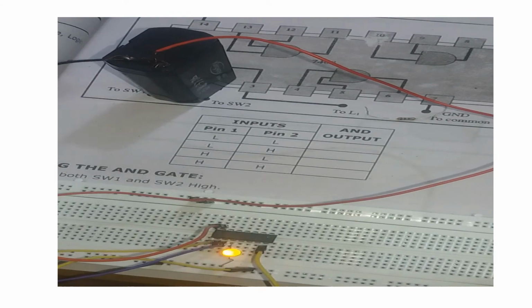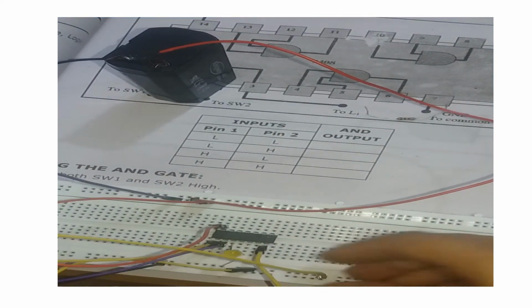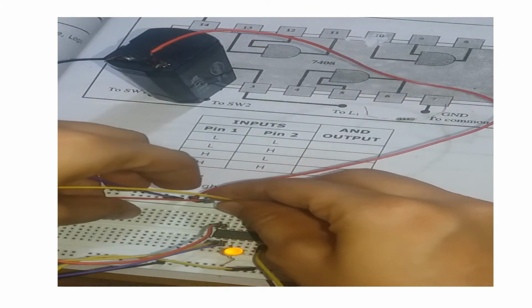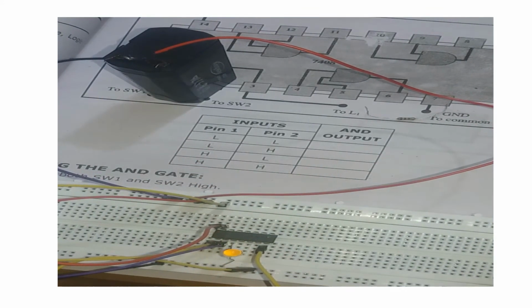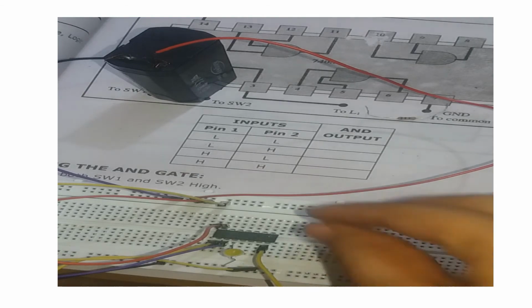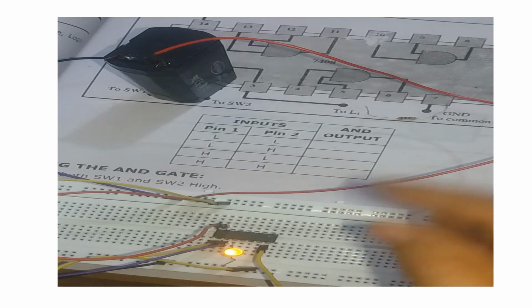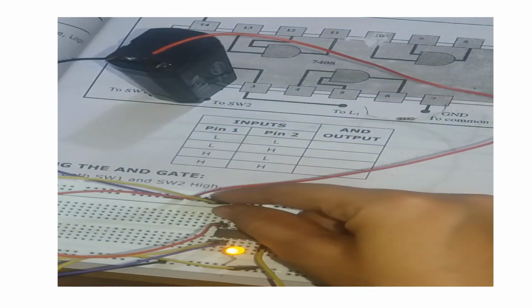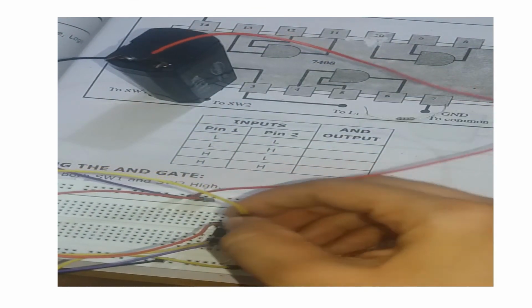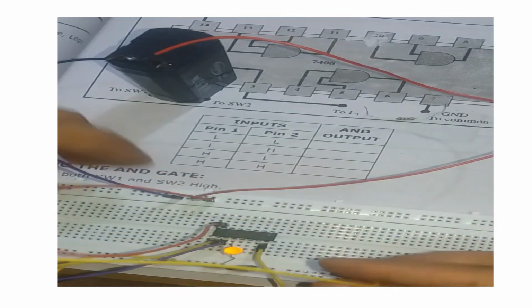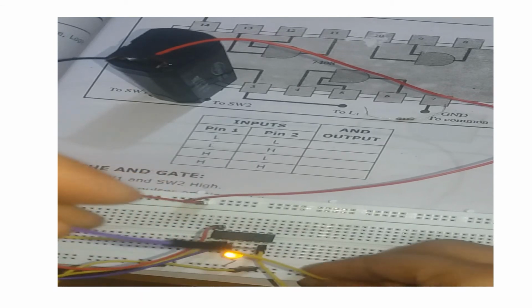But if one input is 1 and one is ground, the LED is off, and if the other is also 1, both are 1, the LED is on. And if we reconnect and both the inputs are 0,